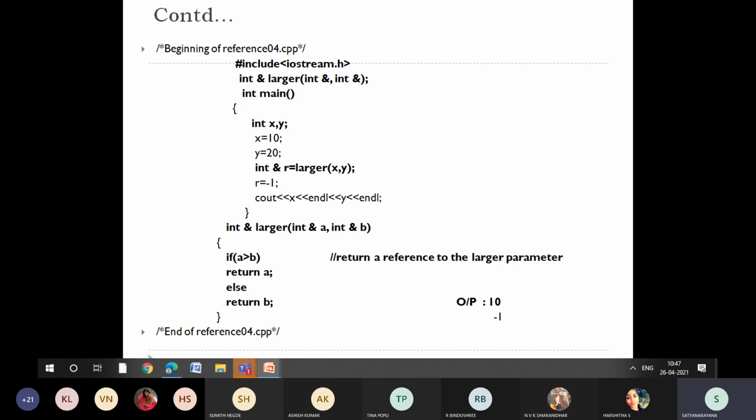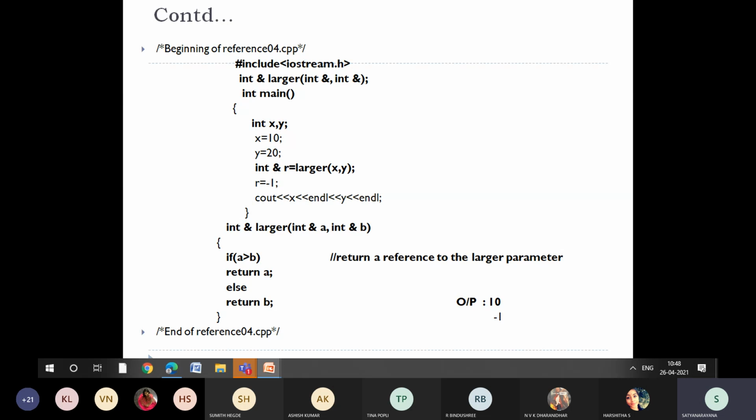Anybody? How did we get that output? In this program, we don't have any incrementation.